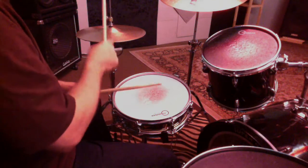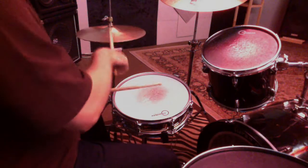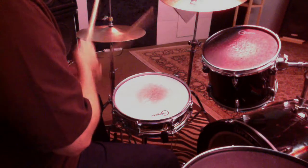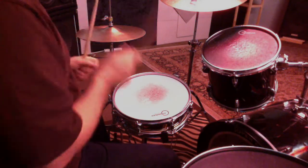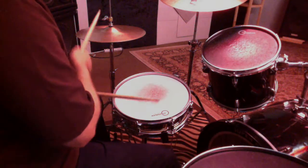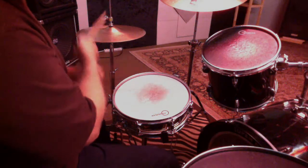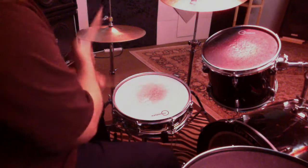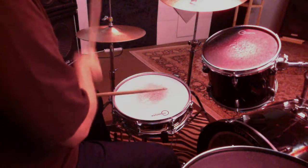1 and 2 and 3 and again, the variations are endless. I can do the same thing on the snare. 1 and 2 and 3 and 4 and 2 and 3 and 4 and 2 and 3 and 4 1 and 2 and 3 and 4 and 2 and 3 and 4 and 2 and 3